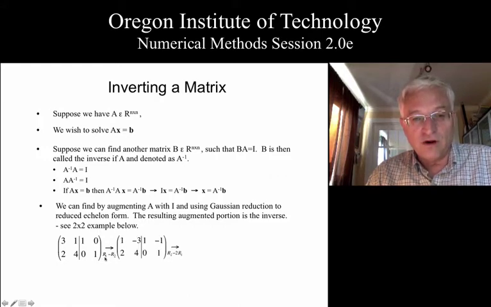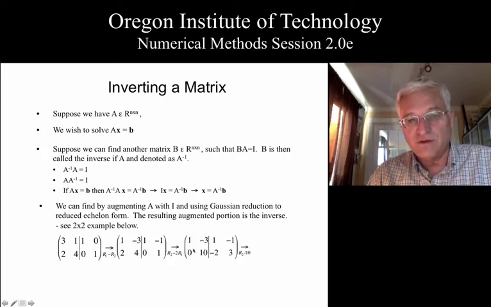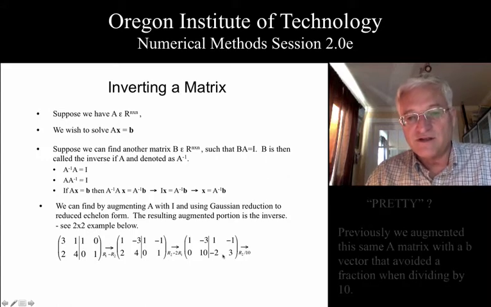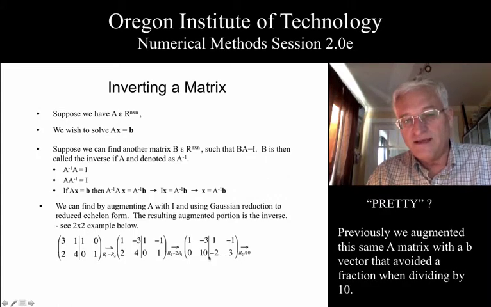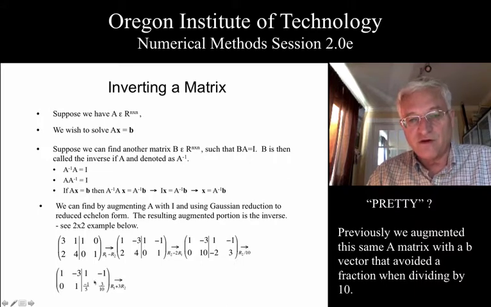So we do the normal R1 minus R2 as we did last time, giving us a 1 in the upper left-hand corner, but you see we are now impacting the identity matrix with the same transformation. We are now going to take the second row and subtract twice the first, because when we do, we get a 0 in the lower left-hand corner. We'll still go ahead and divide by 10, even though it's not as pretty as it was last time, because our value before was a 20, which really worked nicely. But in this case, we're going to end up with some fractions.